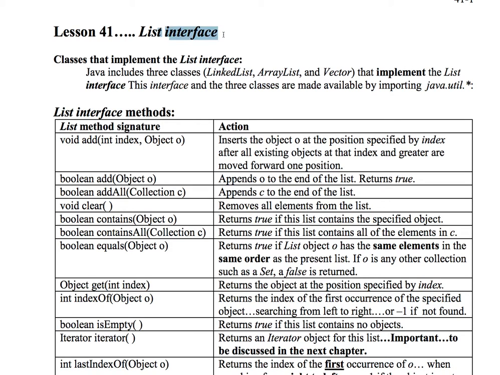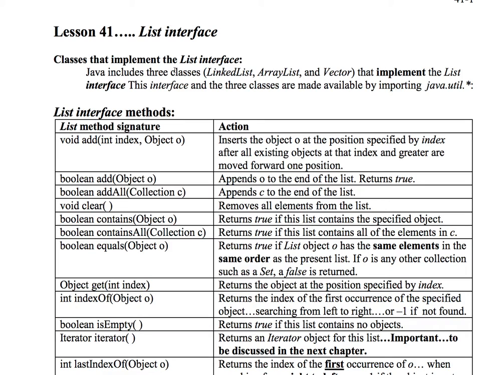But I think the clearest way to think about it is that an interface is a contract, saying that if a class implements an interface, then it must have this set of methods, the abstract methods that are defined in